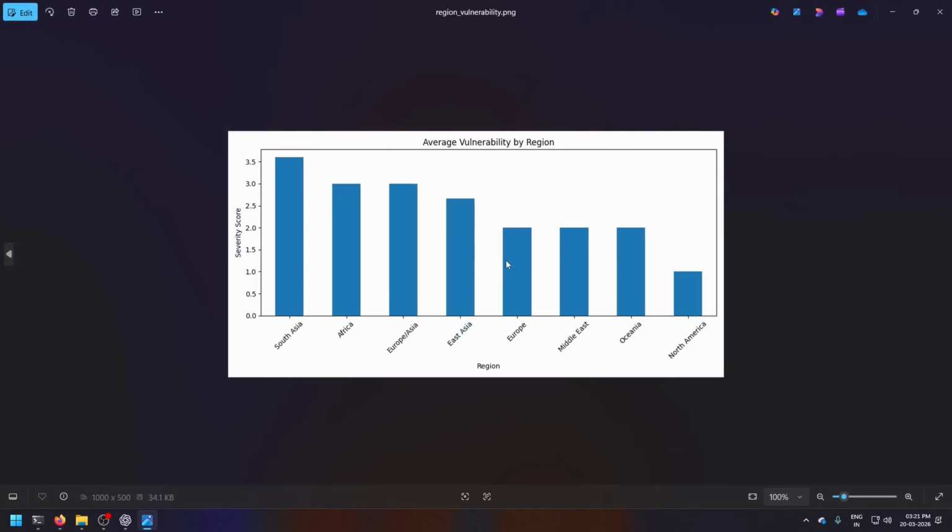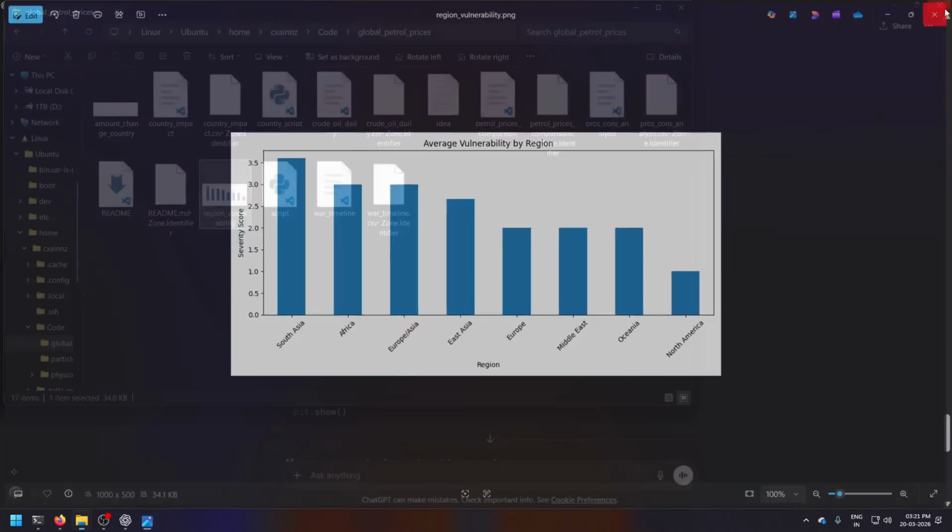So you can use AI like how I use it, but you should use your brain as well. So I have South Asia being the most critical region, then Africa, Europe, East Asia, Middle East, Oceania, North America.